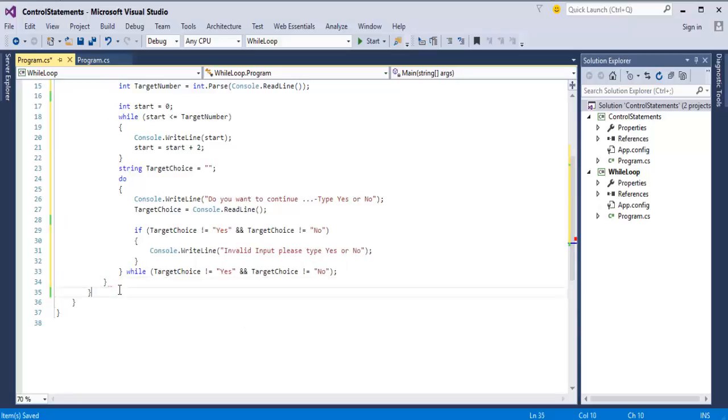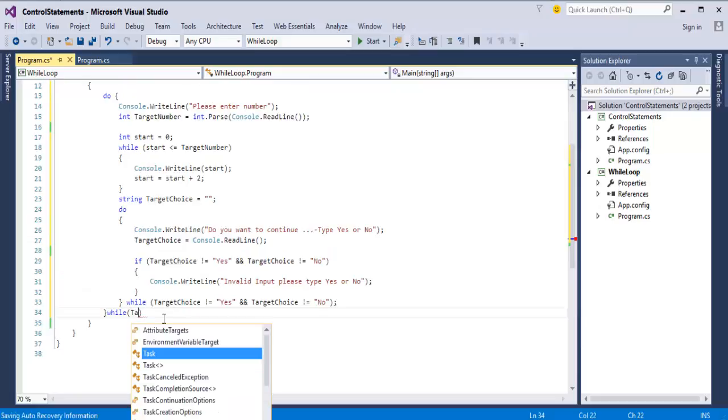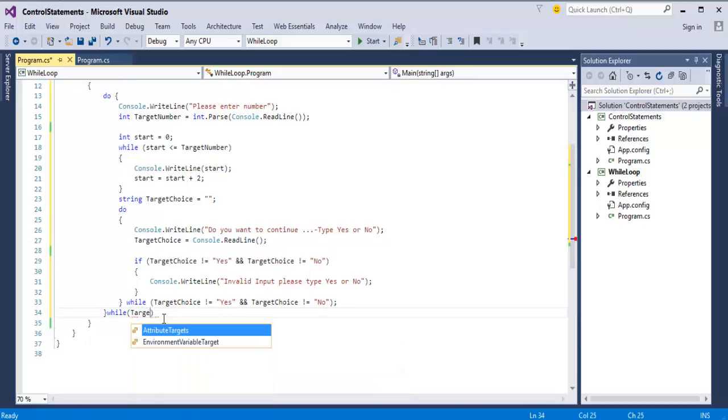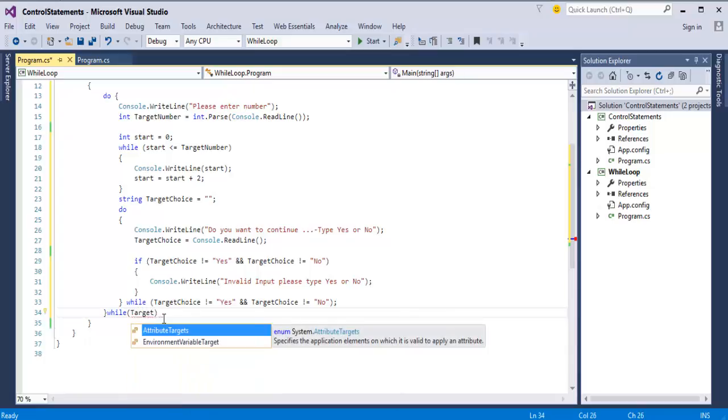Now I have to tell it while, when I have to call again the target number, is when, while target choice is equal to s,